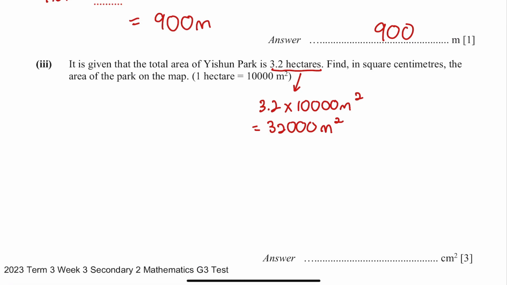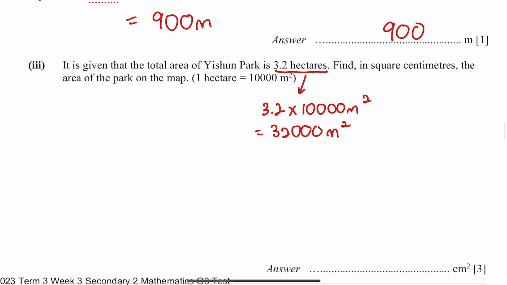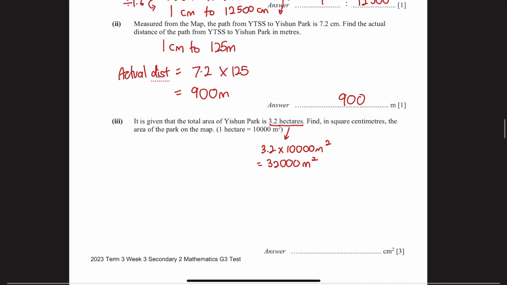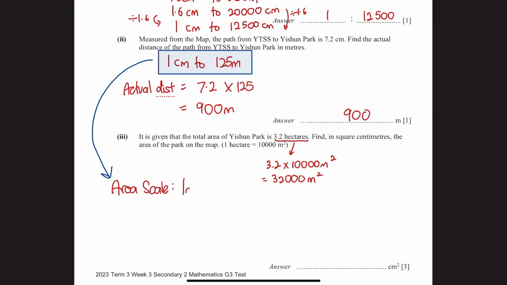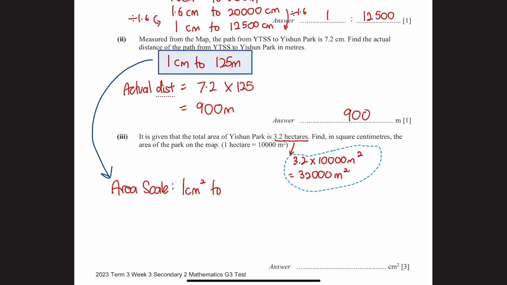Over here, since the question gives me an area in meters square, I must first find the area scale first. So based on my length scale here, I highlight this in blue. My length scale is 1 cm is to 125 meters. Convert this to area scale. For area scale, I square the length scale here. 1 cm square is to 125 square. Let me calculate, 125 square is